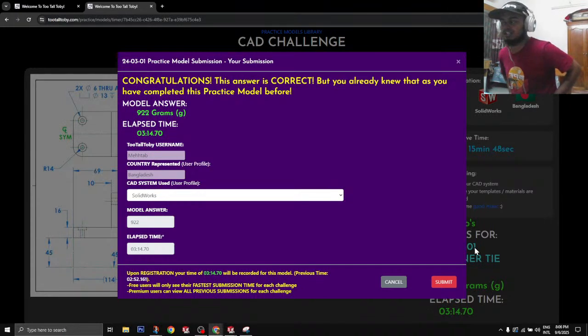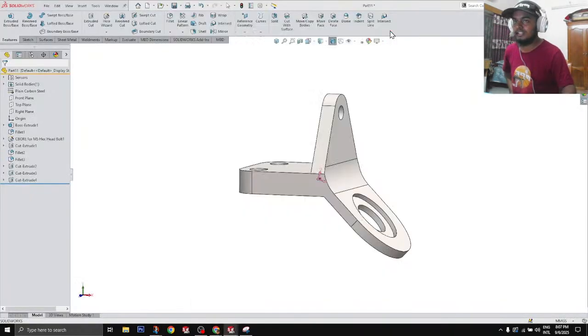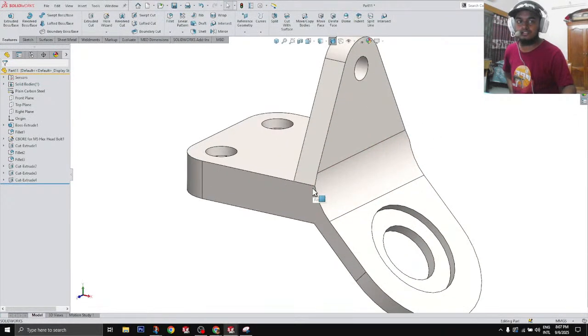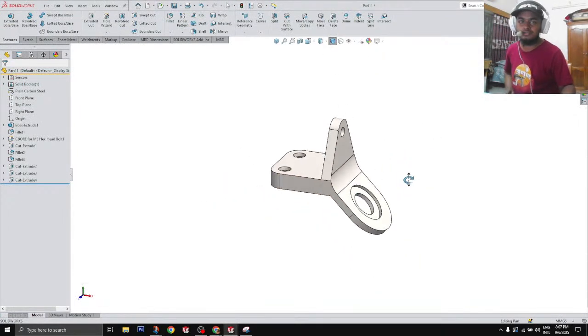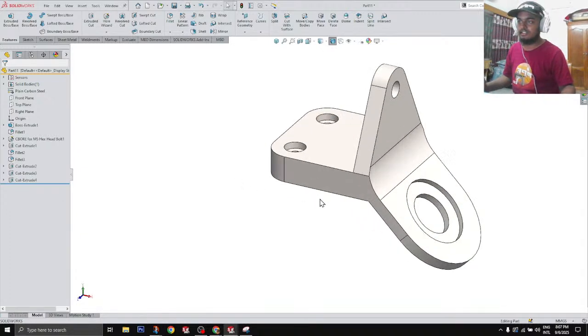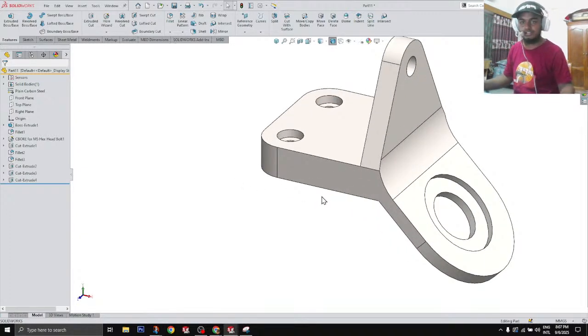Everything, I think, except that one revolved part went pretty smooth. Any tips for improving modeling speed? Yeah, Monty. Mm, first things first, you need to have a game plan started. Yeah, for any model, you have to choose correct origin, what features you're gonna use, and for speed, I think